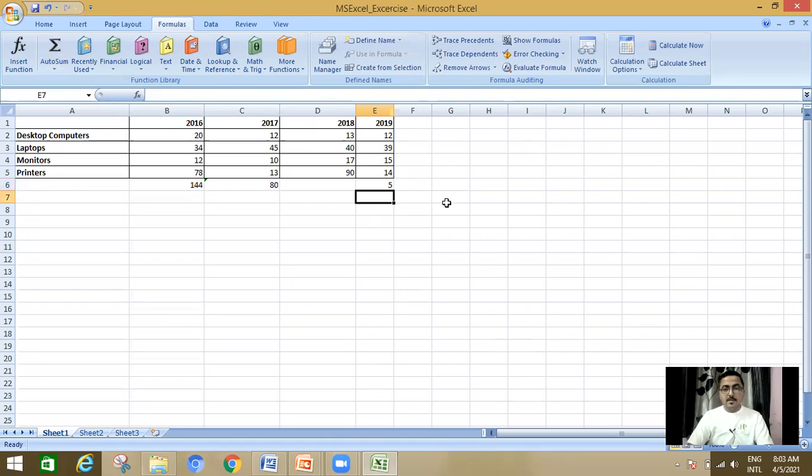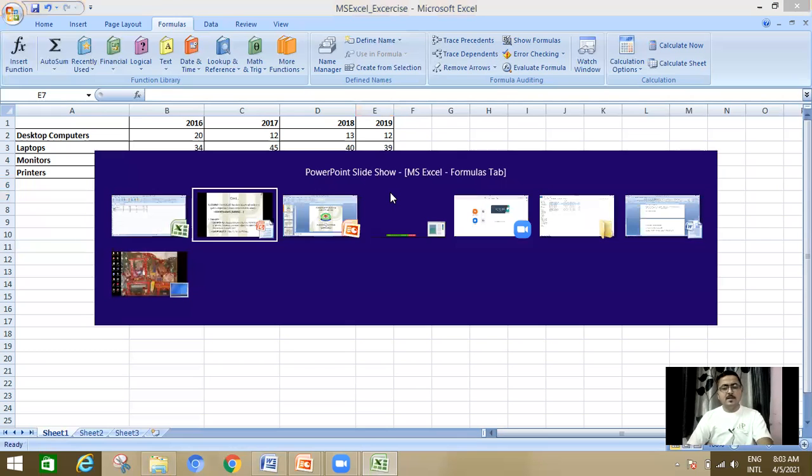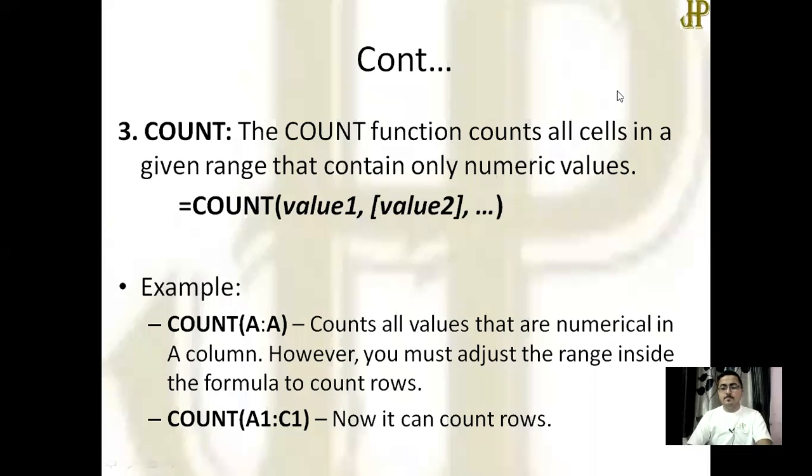Now you can see that it counts the number of cells, 1, 2, 3, 4, 5, and prints it over here. So if you have a huge amount of data and you want to count how many entries have a numeric value, then this formula can be used. Okay, I think it is very easy and easily understandable.